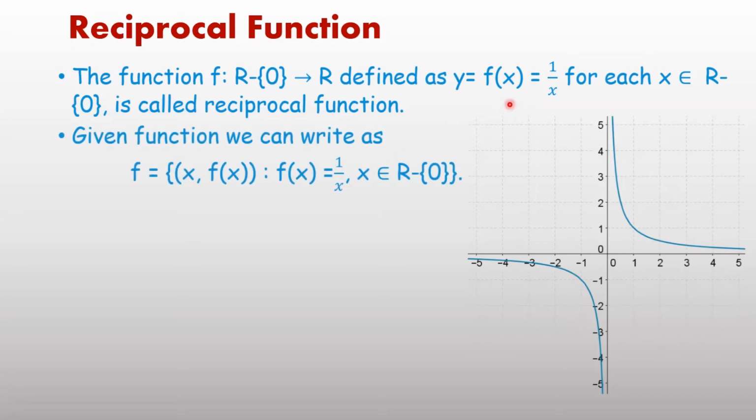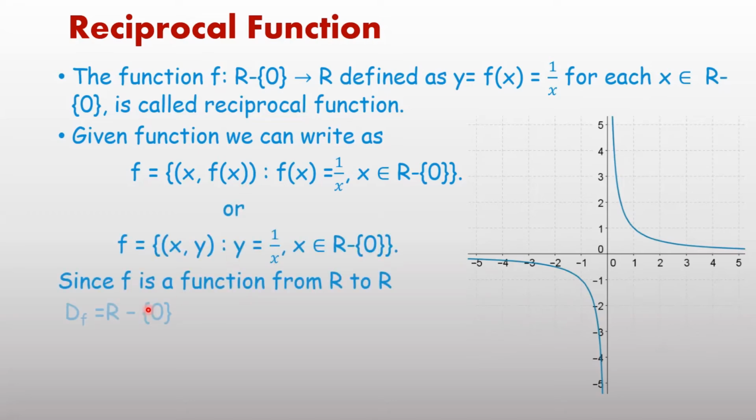So remember the condition: the domain of a function means the possible values of x, and the values of f(x), or values of y, are known as the range. Here x we can put any real number except 0. Therefore, the domain of this function is R minus 0, meaning real numbers except 0. Now values of y.